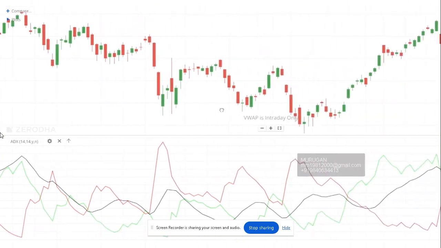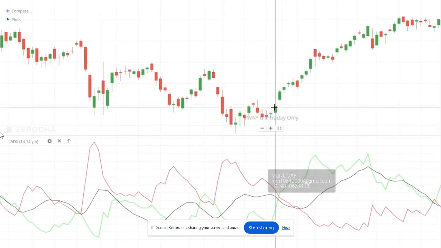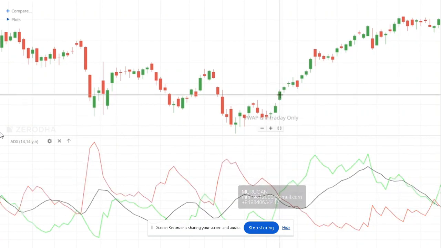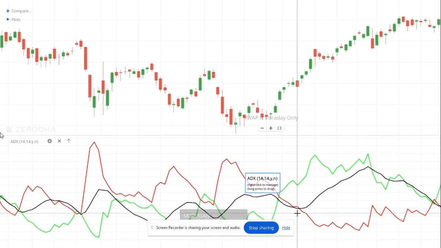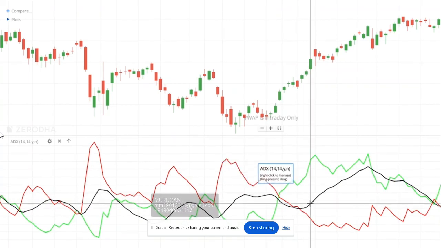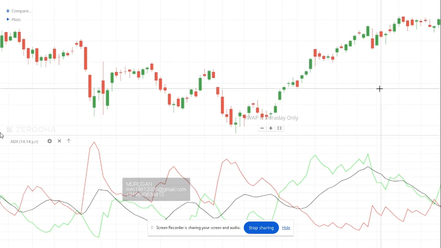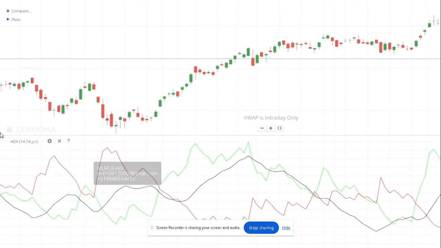Okay. So if you have a very good understanding of this, now look here. Here the green line is above the red line, the market is bullish, but you don't have a confirmation with the ADX because ADX is on a downward trajectory. So you don't have the confirmation. You get the confirmation only somewhere here. It's coming down, it's reversing. So you may not have gone long here, but you must have gone long here. But even if you have gone long here, see after that how much the market has gone up.